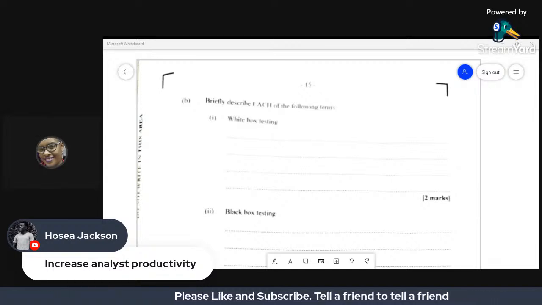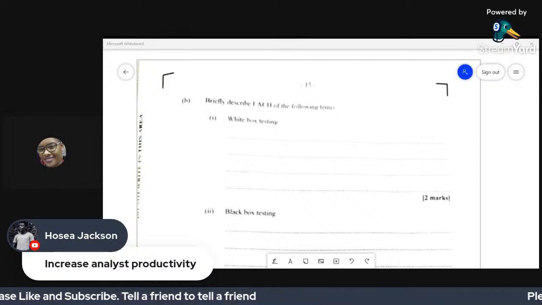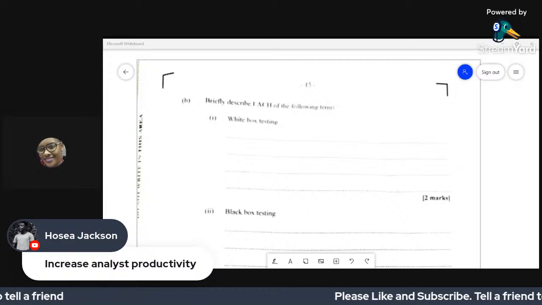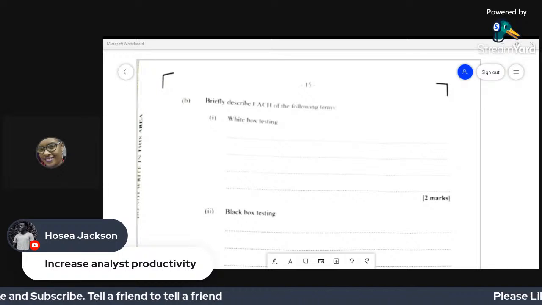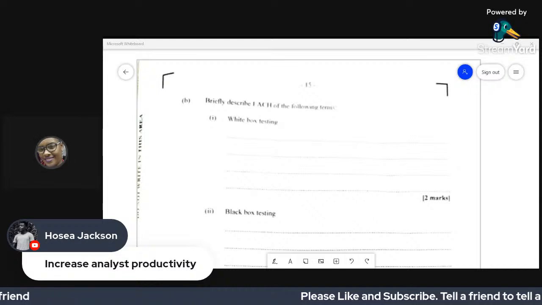So one, you know the inputs that are required, right? You know the actions, the processing that will take place, and you know what is the expected output, right? So in essence now, test case is a combination of your white box and your black box testing. Are we clear?